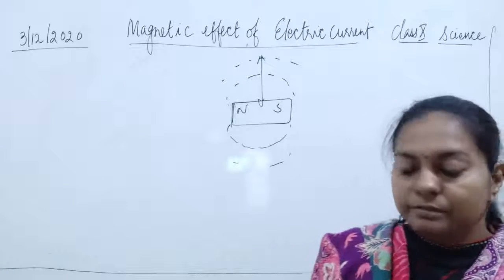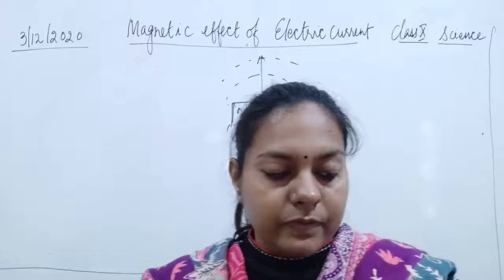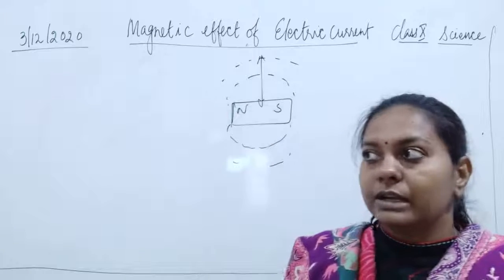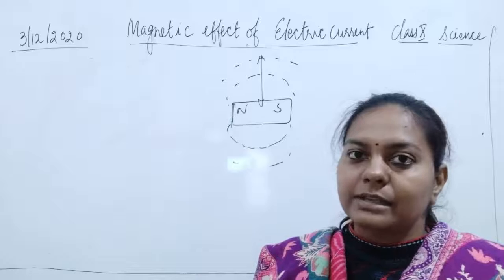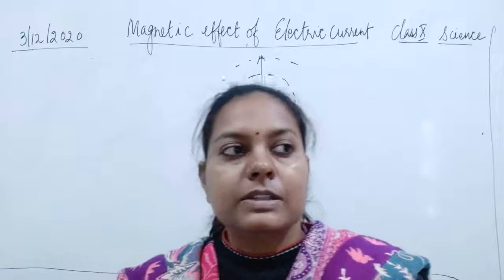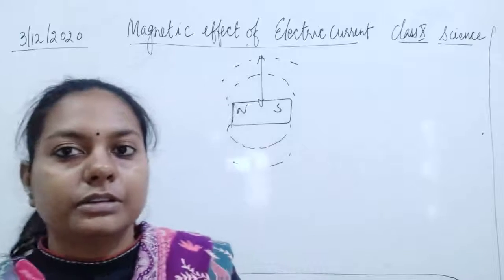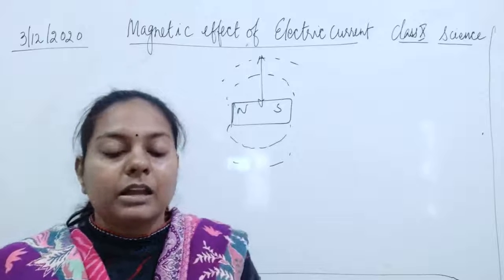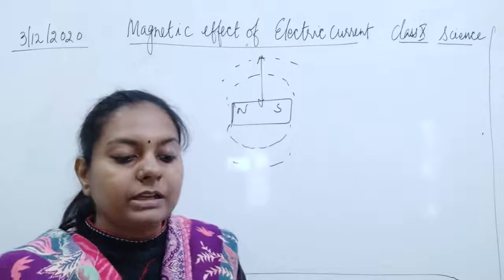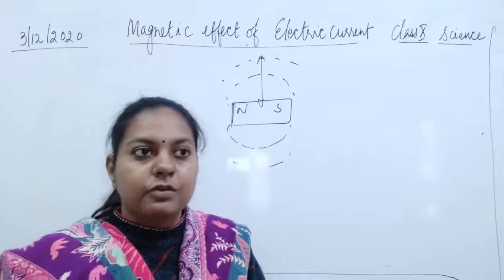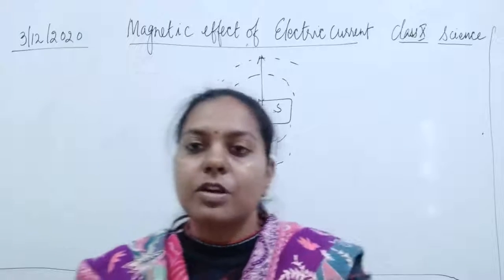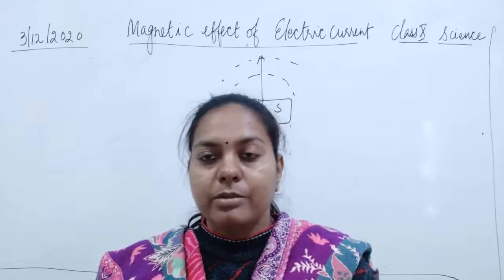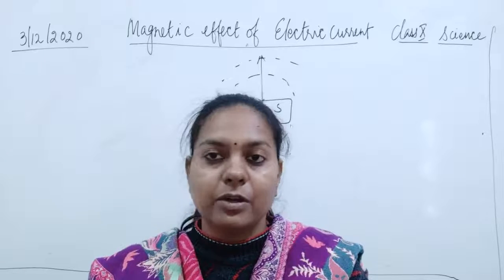After seeing the property of these magnetic field lines, we also observed why the magnet always rests in the north and south direction. This is due to Earth's magnetism. When there is Earth's magnetism, it means a magnetic force of attraction is arising in the Earth just because of the core inside the Earth. There is a liquid core present.